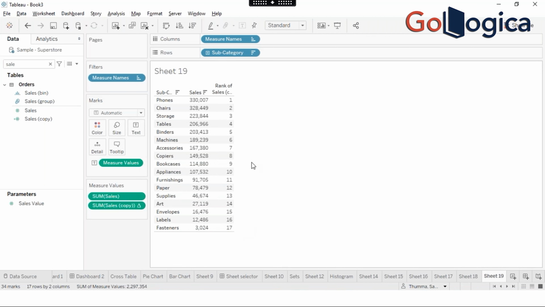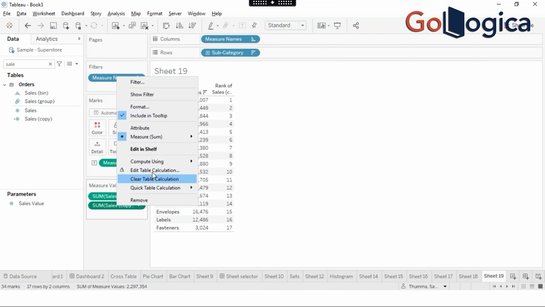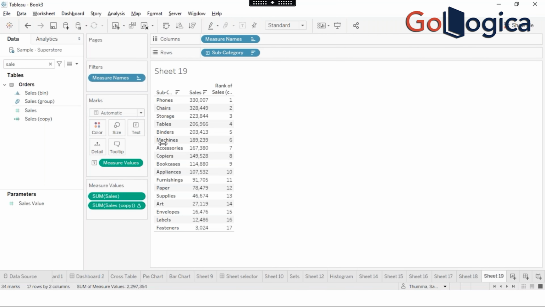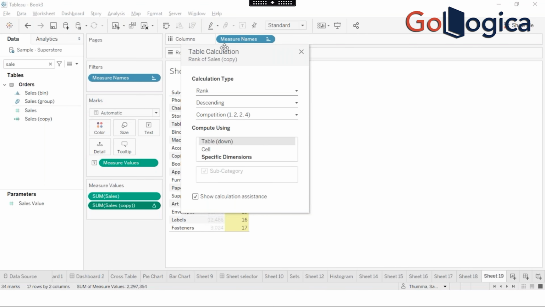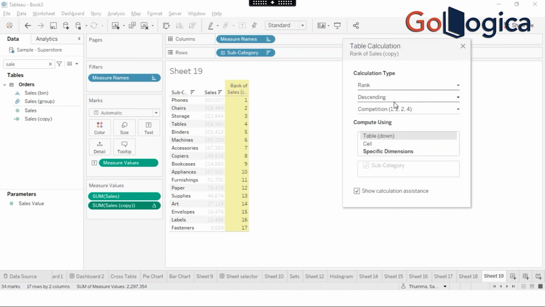So what it is doing is, whichever has the highest value, it assigns the first rank to that, and it goes on for all the values. So this is how we can do the ranking. And there are multiple options. I'll show you how a ranking can happen. These are the multiple options which are available: competition, modified competition, dense,